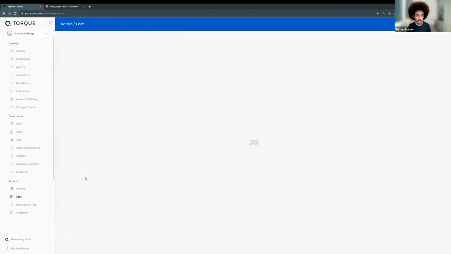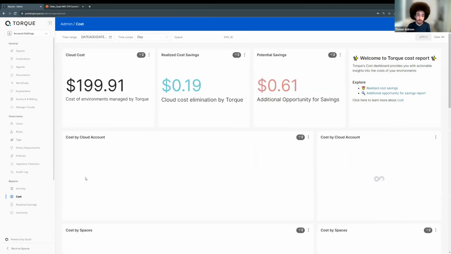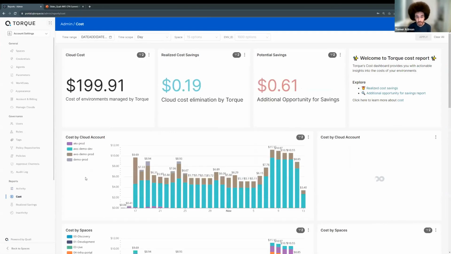Now, moving to the cost aspect. So all of that activity obviously costs us something in the cloud. And regardless of, again, how you deploy that, it might be CloudFormation, it might be a different way, Torque will collect the actual cloud cost of those resources based on the AWS cost API.